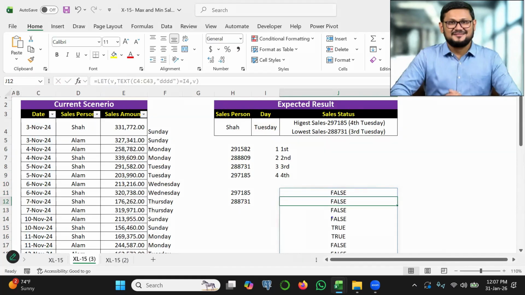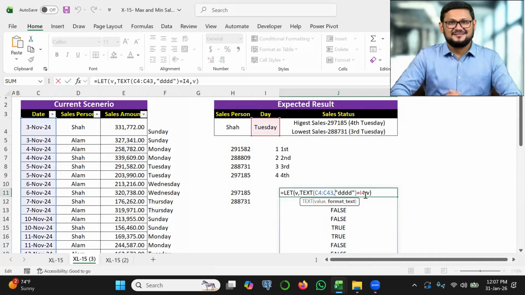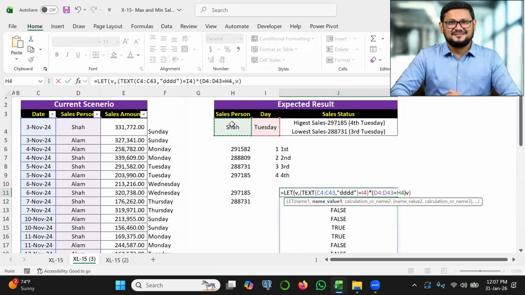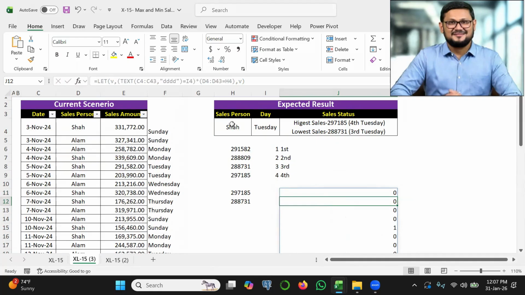Now it will return true if the day is Tuesday. Now I will apply my second condition. So let me enclose this formula and use a multiplication sign. Now the second criteria is salesperson is equal to Shah. If I close the bracket and press enter, it will return 1 if the salesperson is Shah and the day